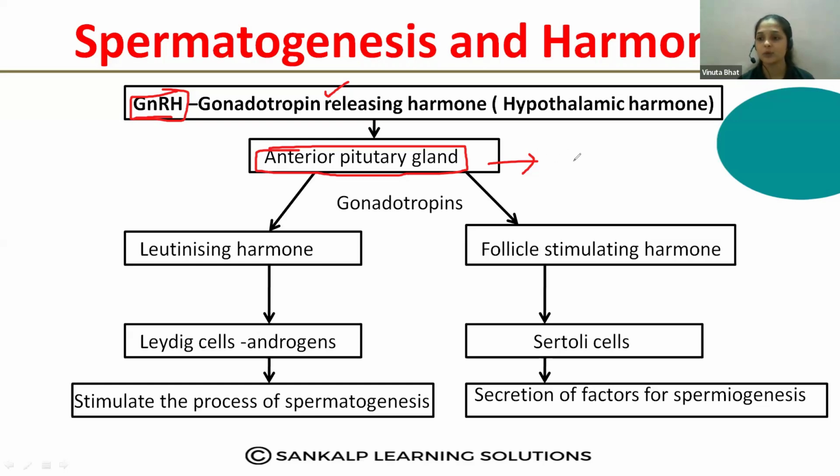Hypothalamus, you know, when you draw the brain you label the hypothalamus. So that stimulates the pituitary gland. Then this pituitary gland releases two hormones, which are called gonadotrophins. So what are these gonadotropins? The pituitary gland releases luteinizing hormone, LH, and follicle stimulating hormone, FSH. Okay, so the gonadotropins released by the anterior pituitary gland are luteinizing hormone and the follicle stimulating